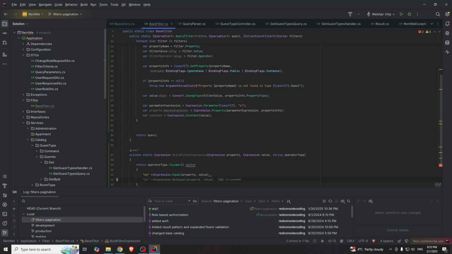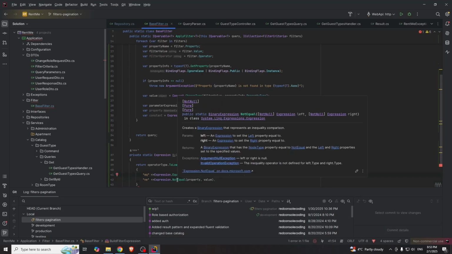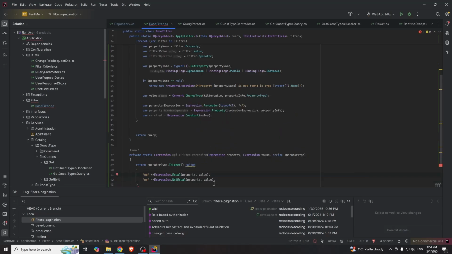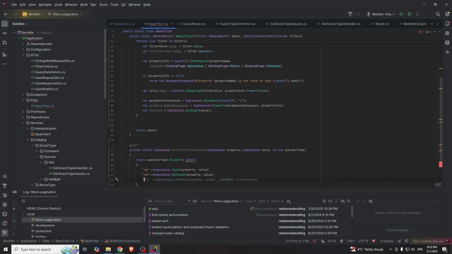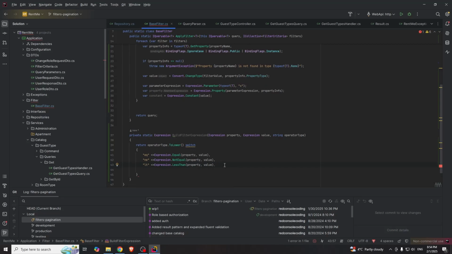Not equal, let's do this also. Less than. Would generate less than. Greater than. We could also do